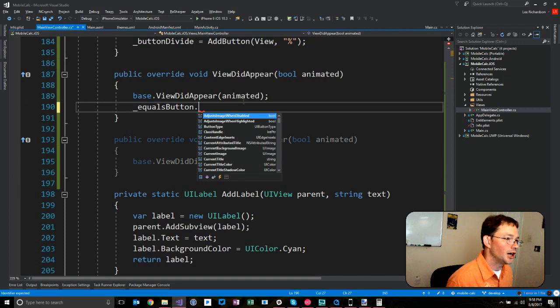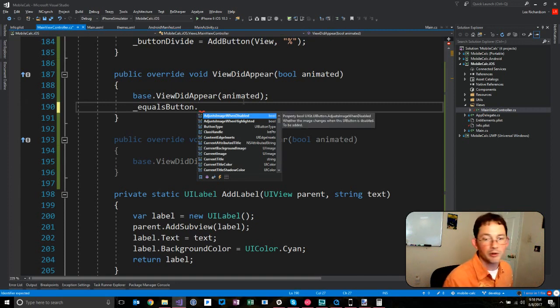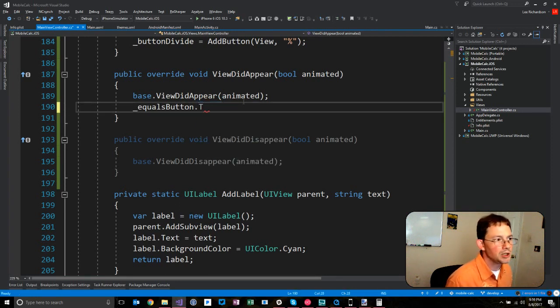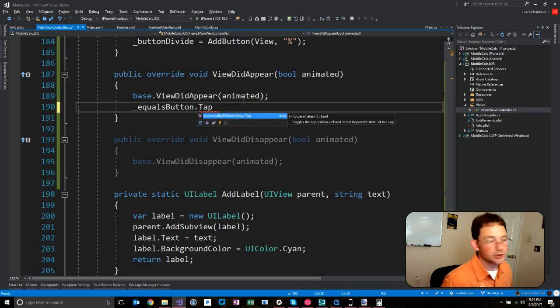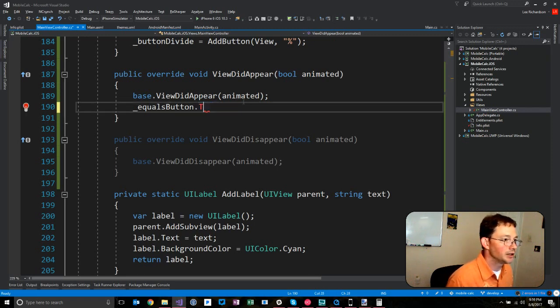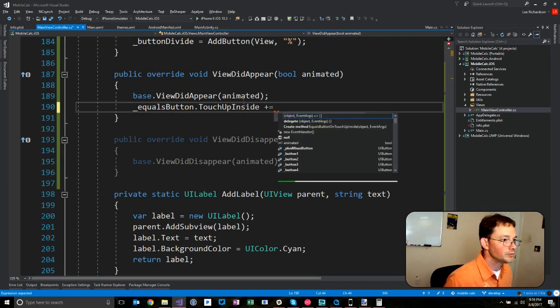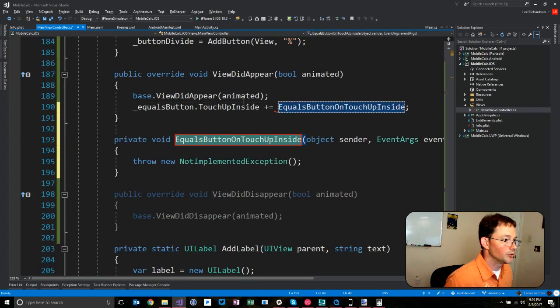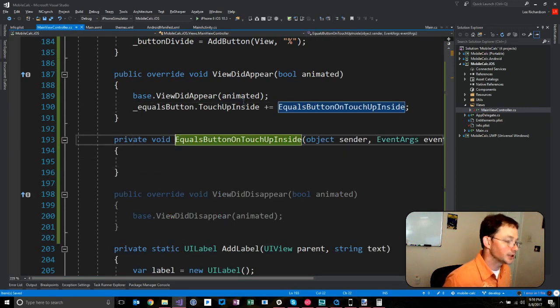Equals. This is a weird thing. I think I mentioned this before. This is a kind of a weird thing in iOS. You would think it would be called click, or maybe tap. No such luck. The event name for touching, clicking, or tapping, or whatever it is in iOS is actually called touch up inside. Probably would be able to give an explanation of why that's the case, but